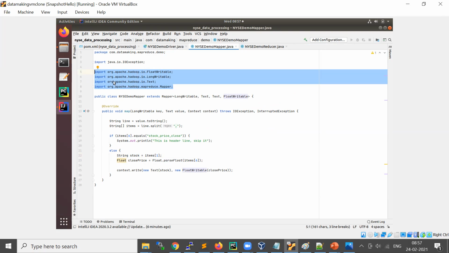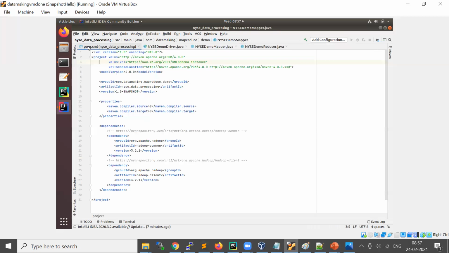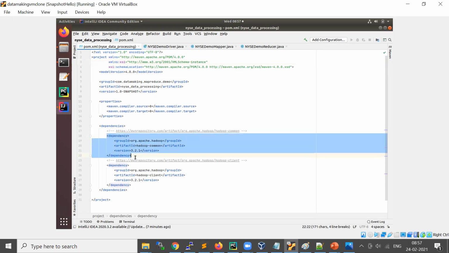Those jars we can manually download and use in this project, or there is a pom.xml file. If you fill in some entries as dependency information, which means I want jars related to Hadoop common, Hadoop client,